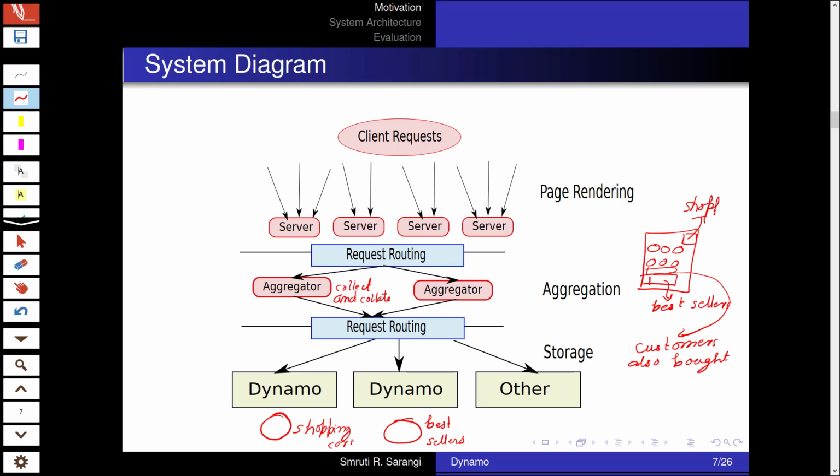Pretty much each of these pieces of information is created by different Dynamo instances, and these Dynamo instances produce this information, which is subsequently aggregated by these aggregator servers, and then a web page is created, and the web page comes back to the client, and the client can see the structure of the web page on the browser.